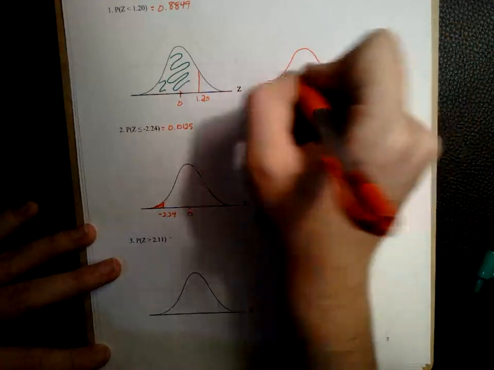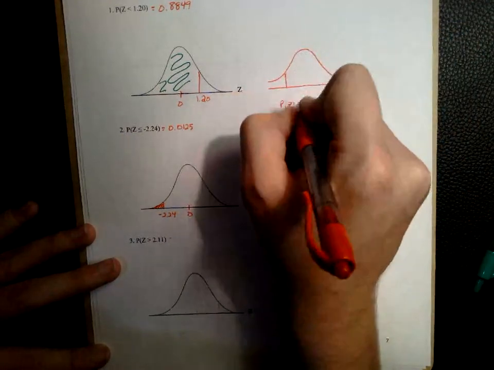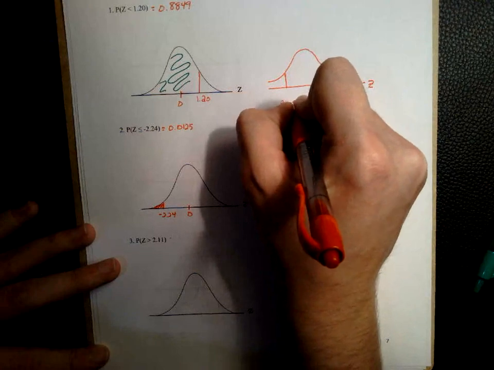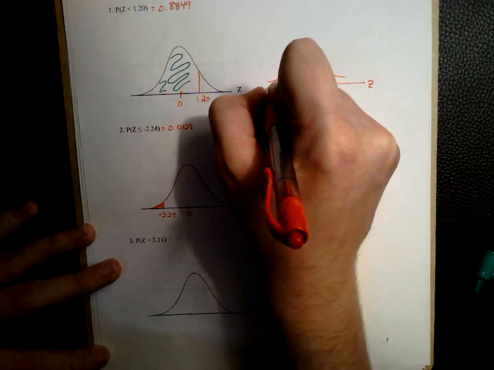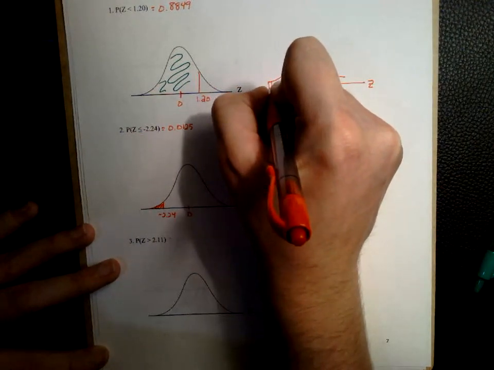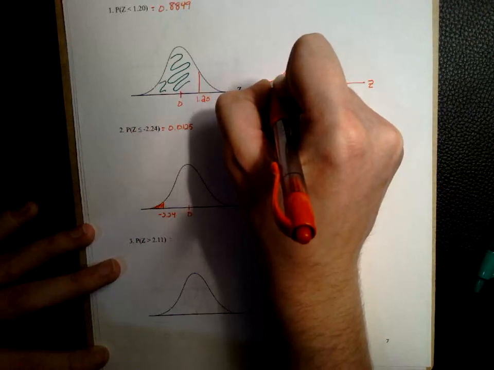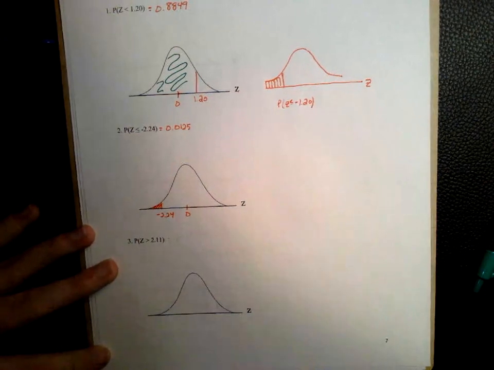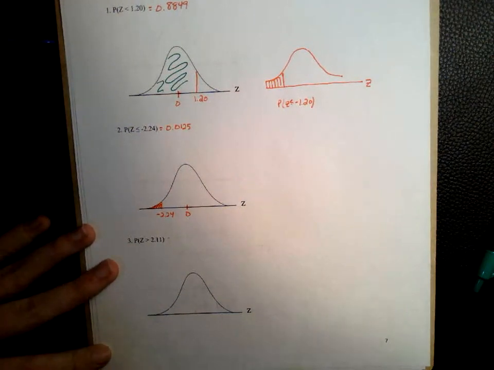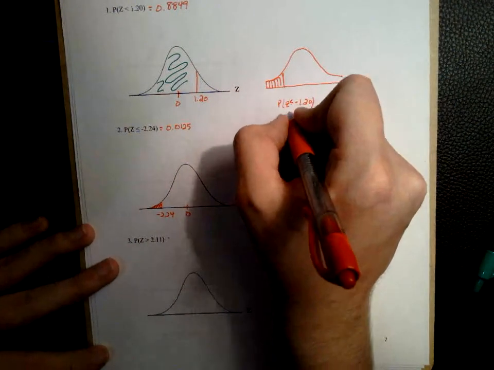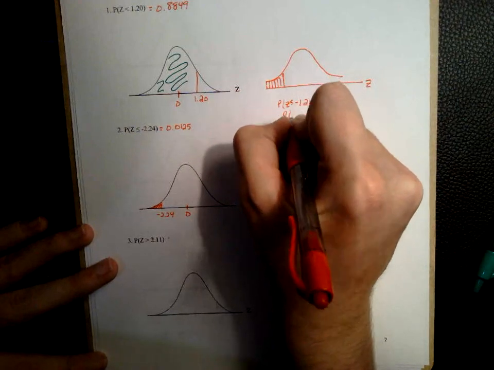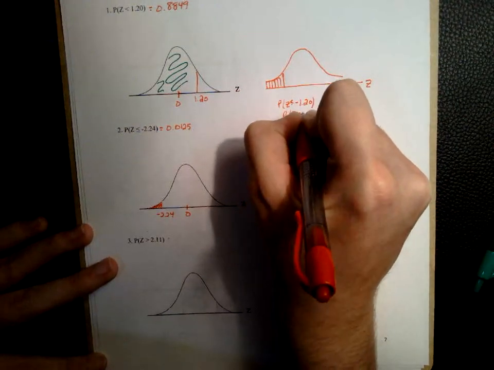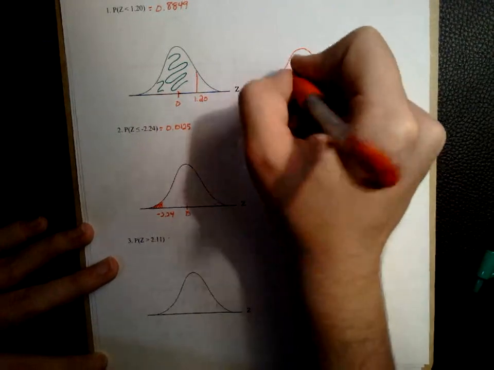Then let's think of it this way. You can find the area of z being less than this value by taking rectangles under the normal curve, approximating that area with rectangles, finding the area of all those rectangles and adding them up. Now, if I want to look at the probability of z being equal to that 1.20, that is just